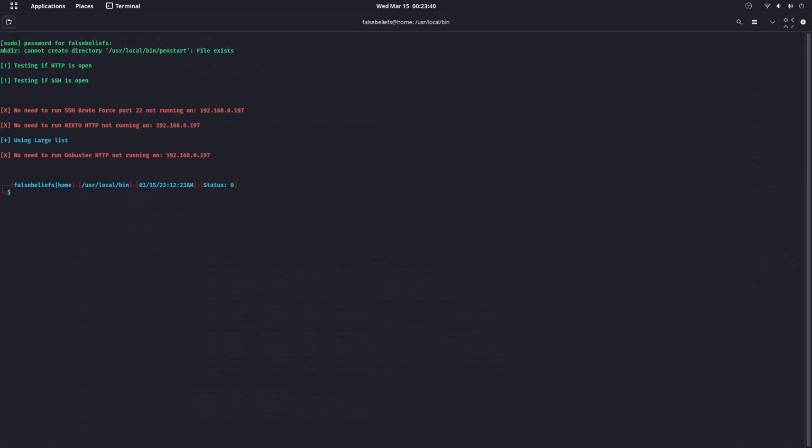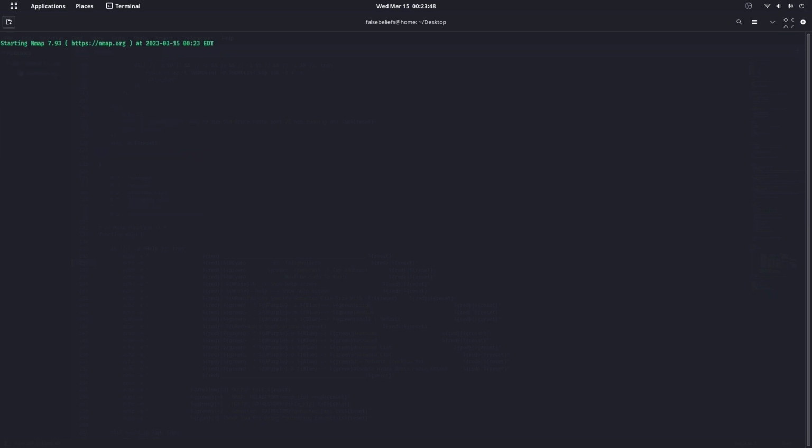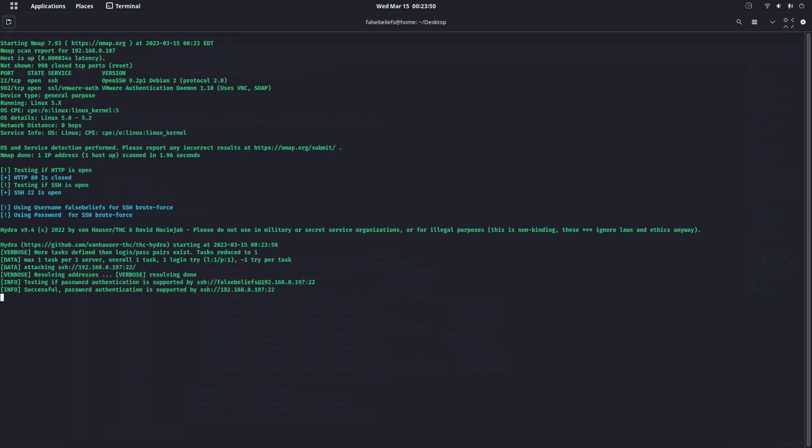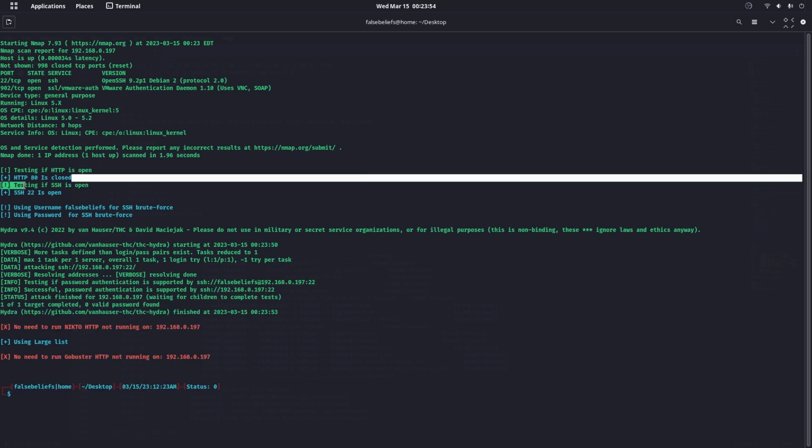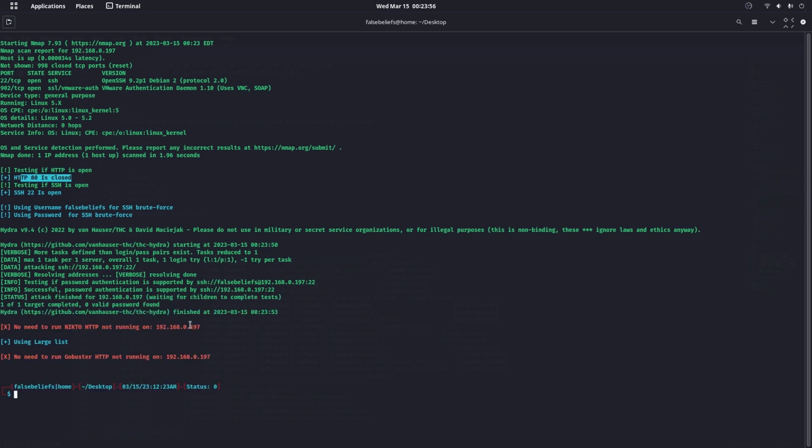Oh yeah, just don't mess up like I do and accidentally run it in the directory that you have everything in. So 80 is closed, right? It is not going to run Nikto or GoBuster unless 80 is open, and it will also not run